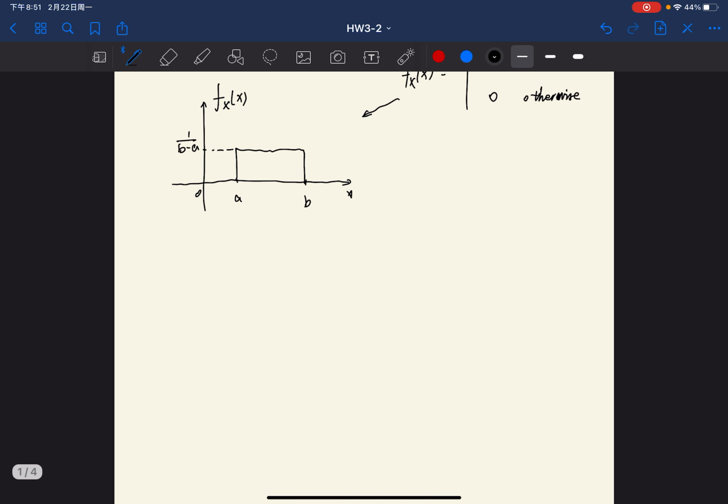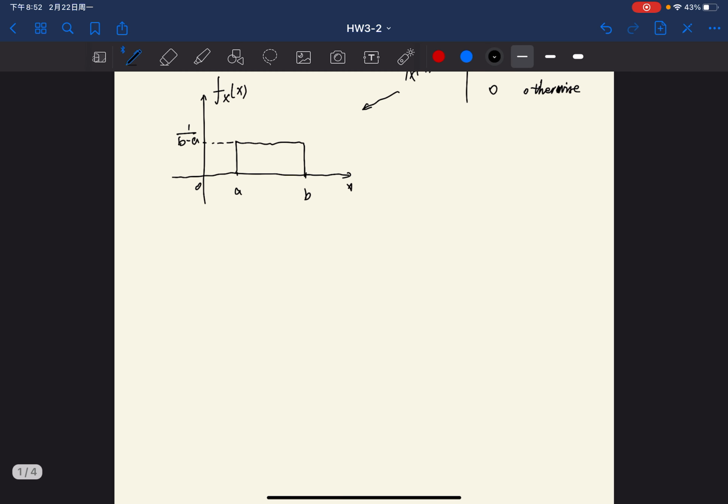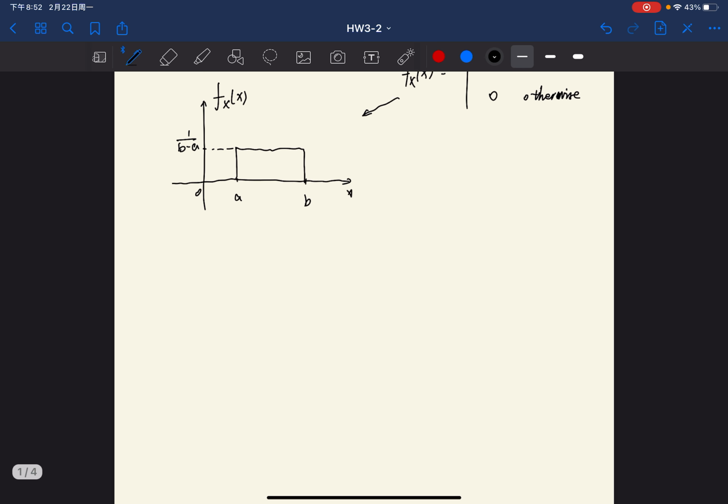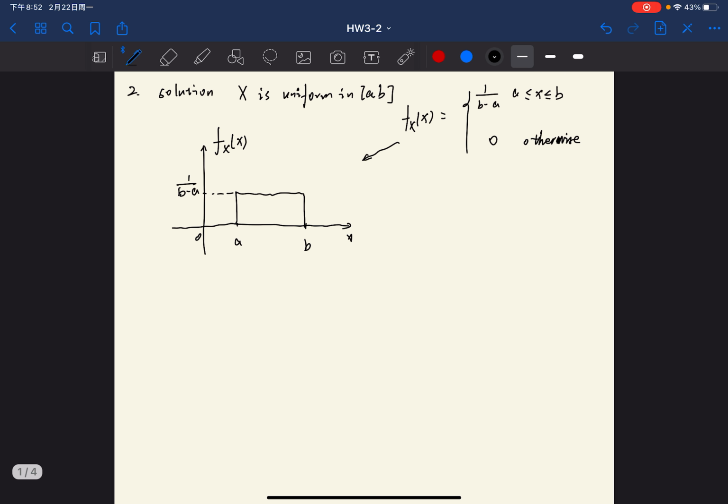And because the probability distribution function is the integral of the probability density function, we can calculate the probability distribution function using the integral of the probability density function. So we can write it as this. And it's obvious that when x is smaller than a, the probability density is 0. So the probability distribution when x is smaller than a is 0, and when x is between a and b,